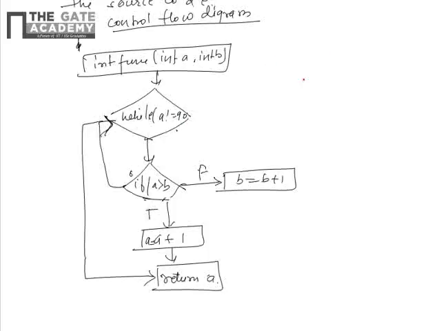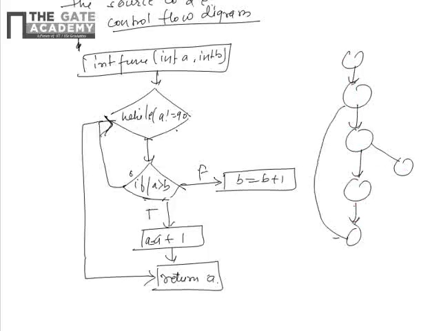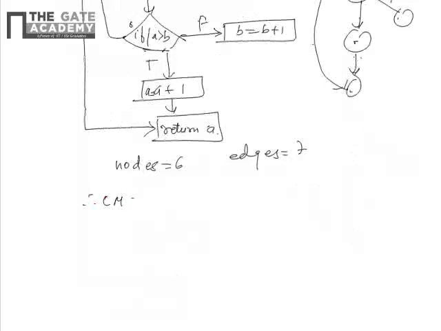So the nodes will look like this: this is the true statement, false statement. This is the end statement, so this is the return a value, and it will keep on checking this value. So 1 2 3 4 5 6. We have number of nodes equal to 6 and edges 1 2 3 4 5 6 7, so edges are 7. Therefore, I can calculate the cyclomatic complexity as